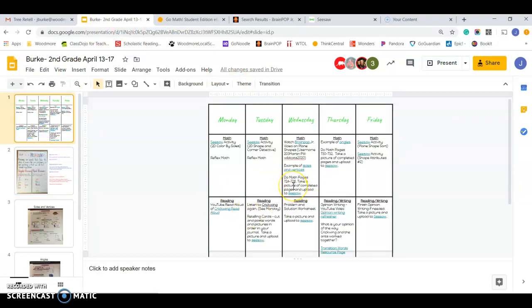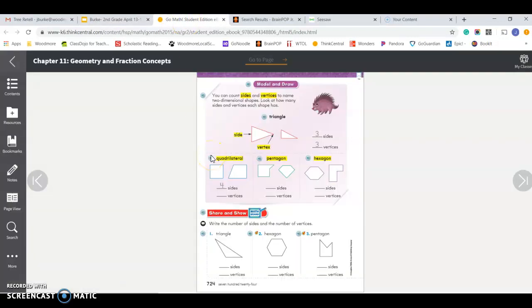And then today you have to do math pages 724 through 726. Take a picture of them and upload them to Seesaw. So let me just show you those pages really quick. This is page 724. Again, this portion that's kind of in purple up here is what you saw on slide